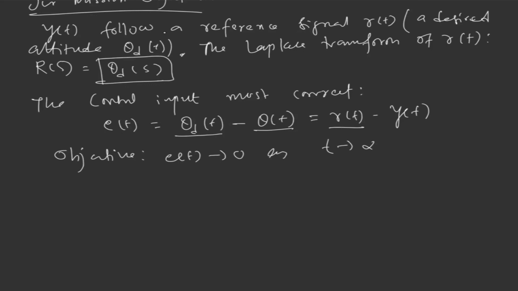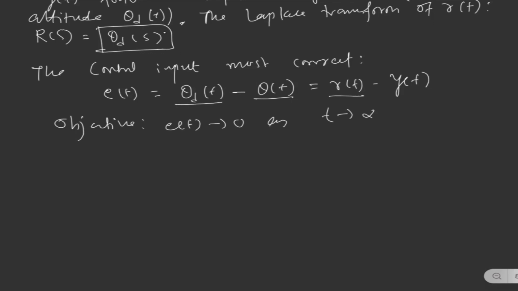So now let's have a control block here, which will provide the desired torque to the system, G_C(s), the controller transfer function, and this is the output from this controller. Let's denote it U(s),